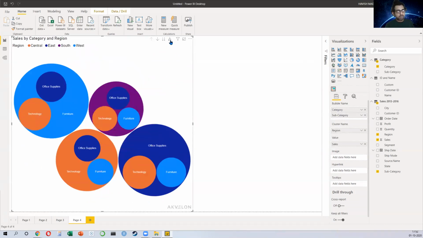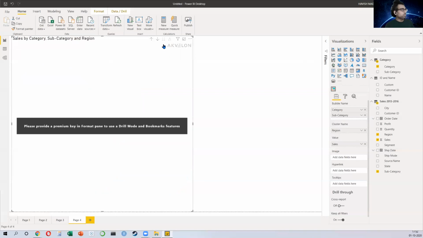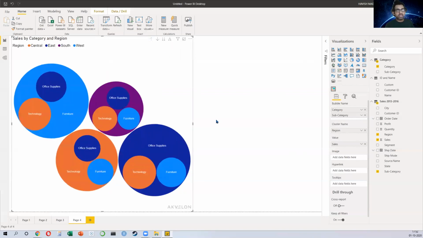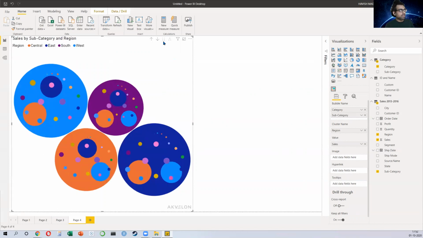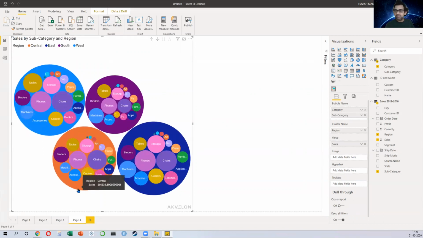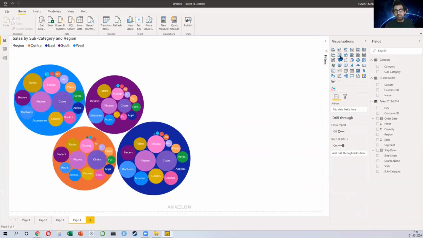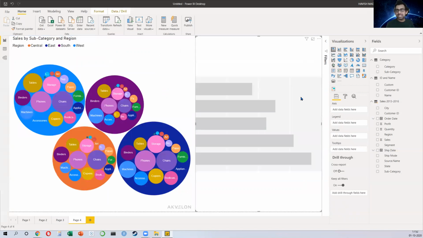If you click on the expand button, it will show you the, oh, anyway, this is not available in the free version, but you can see what's happening now. Let me at least show you how the subcategories perform. How amazing is this? And the best part is you can connect this to other charts as well.